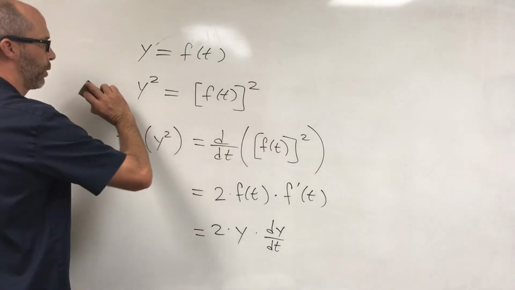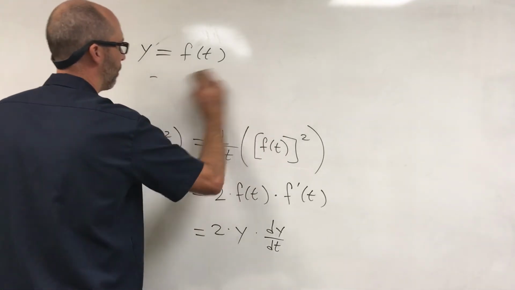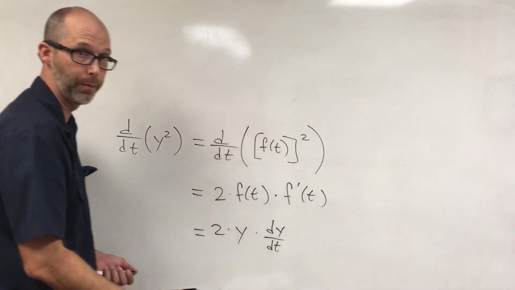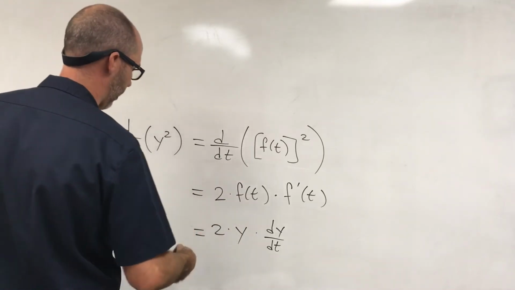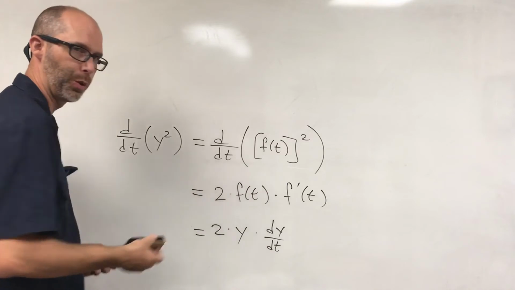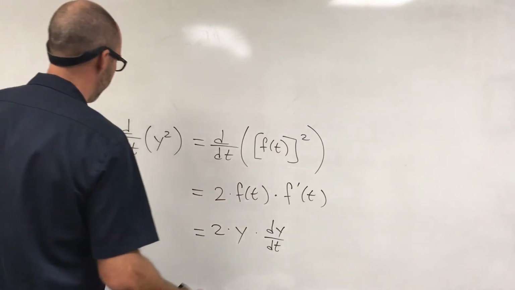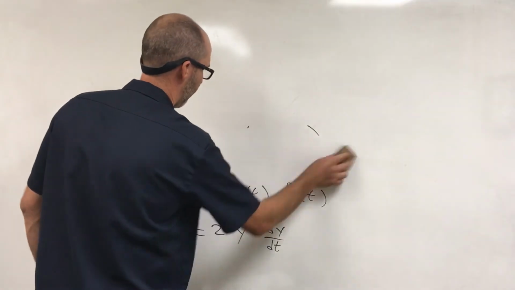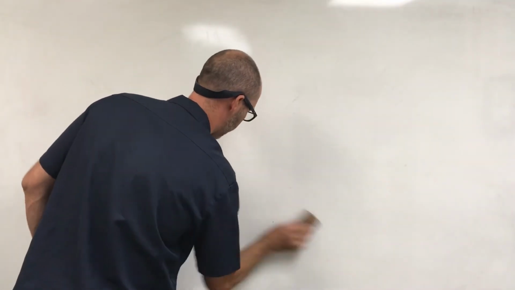So long story short, what does this mean to you? Okay, here's the reason why this works, okay? And you can watch this many times over and ask me questions on it to understand why this is. But long story short, if y is a function of t,